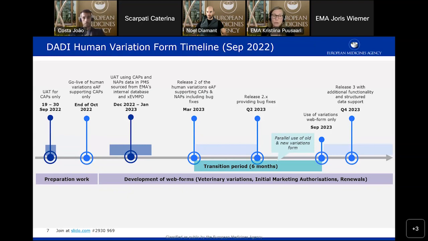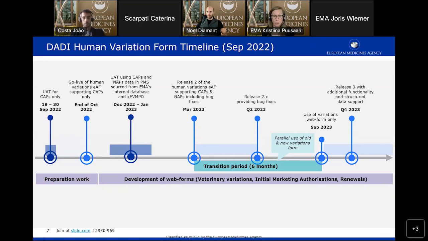We don't foresee a delay in the go-live for this form, so that is still anticipated to happen at the end of October, but naturally this will be confirmed once we have concluded the UAT and we better understand what kind of issues may be faced by those UAT testers.